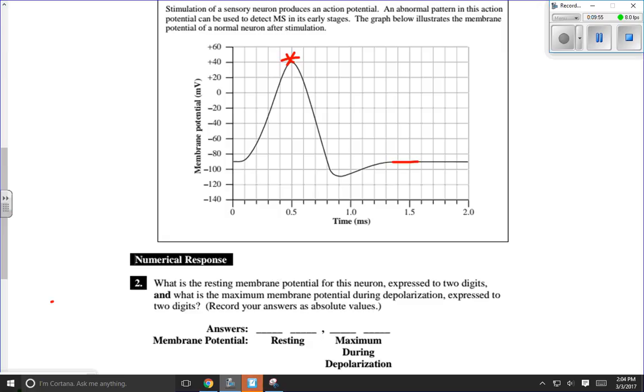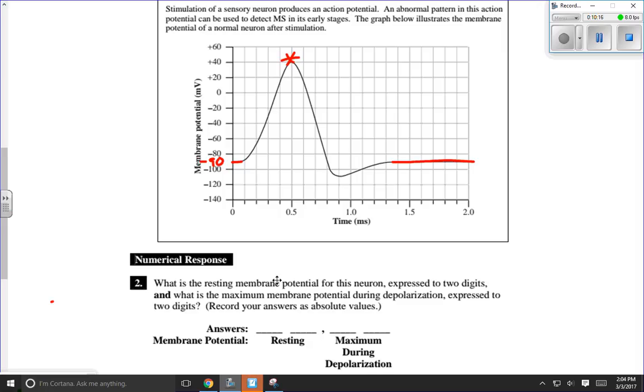So that would be represented by this portion of the graph and by this portion of the graph right here. So reading it on the graph, it looks like it's exactly between negative 80 and negative 100 millivolts. So I think we could be safe to say that negative 90 millivolts would fit there. And what we're being asked for here